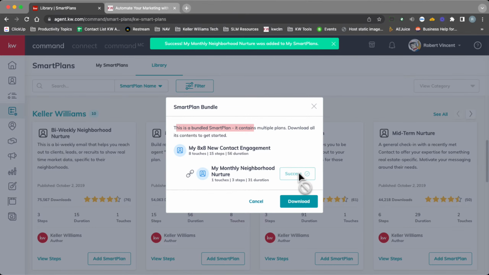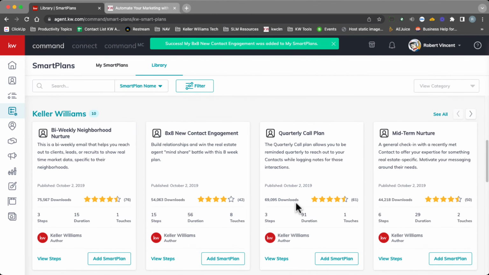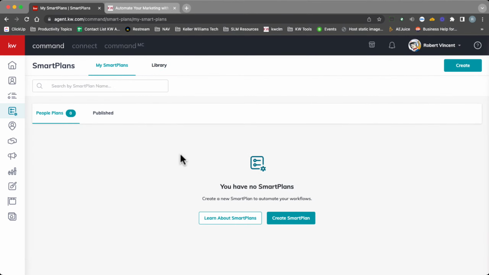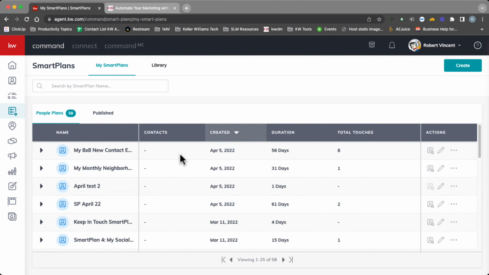Maybe I need to get that one first. So I'll download the monthly neighborhood nurture. And now I can download the 8x8. So I'll click that and put that in there. Now I've just downloaded from the library an 8x8 new contact engagement and a monthly neighborhood nurture as well. If I want to go in and modify that newly downloaded plan, I go back to my smart plans. And when it loads up here,